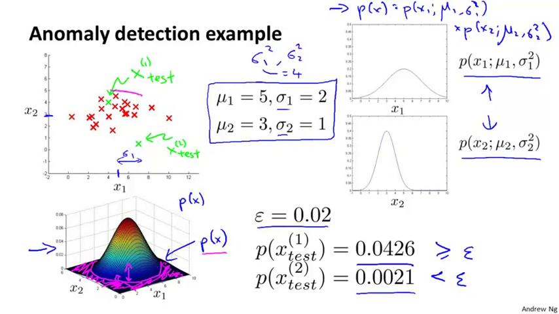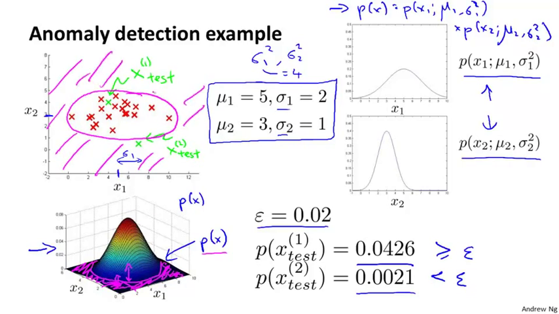It's going to define some region that maybe looks like this, so that everything outside this it flags as anomalous, whereas the things inside this ellipse I just drew, it considers okay, not anomalous examples. And so this example, x2 test, lies outside that region, so it has very small probability, and so we consider